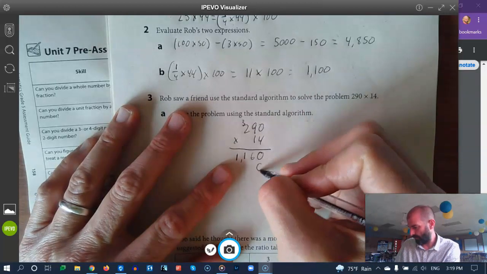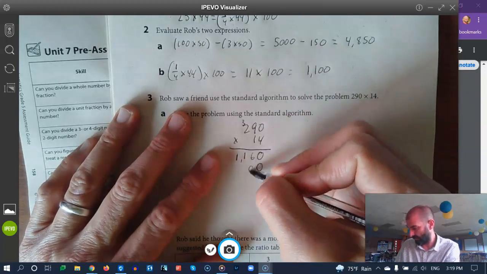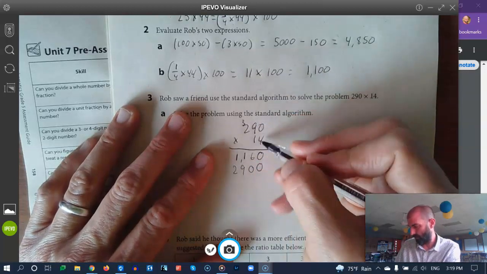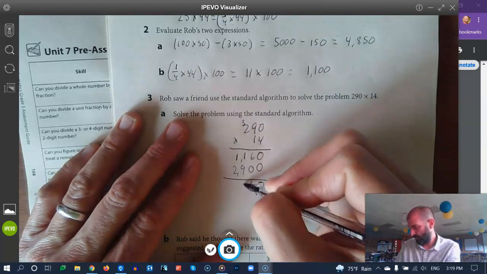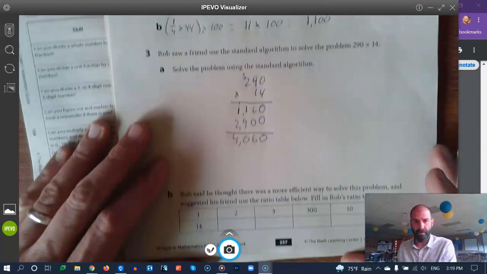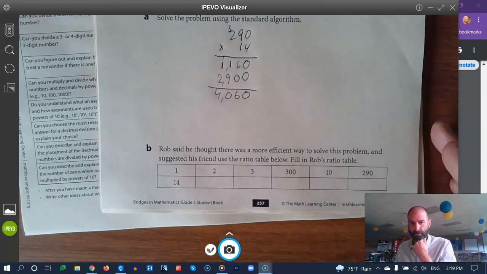And now we are multiplying by 10. So I have to write that 0 there. And then it's just 1 times 0, 1 times 9, 1 times 2. So 10 times 290 is 2,900. That's for sure. Then we add. So we have 4,060. Rob said he thought there was a more efficient way to solve this problem and suggested